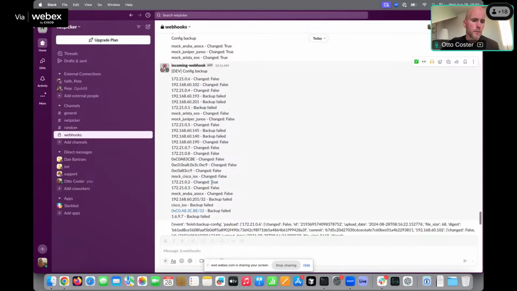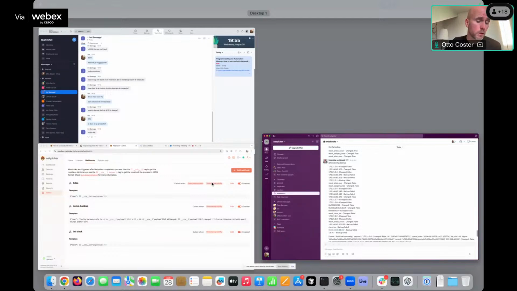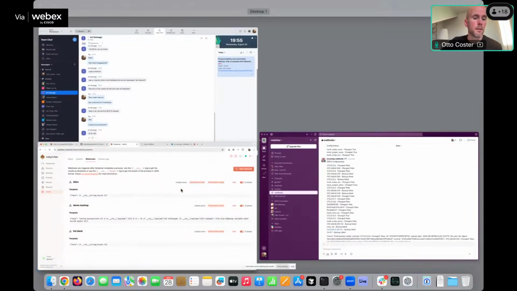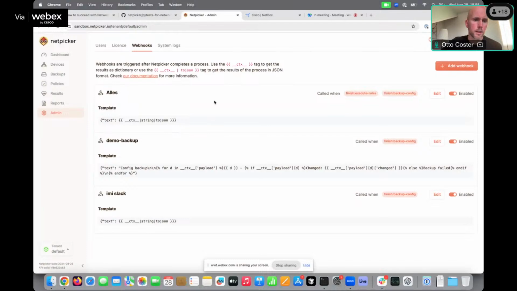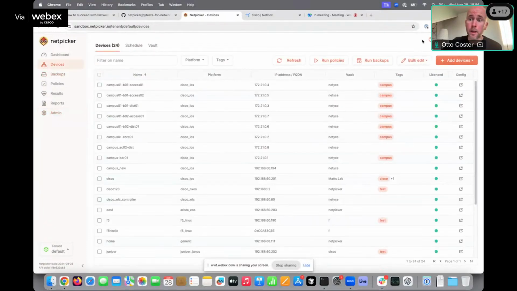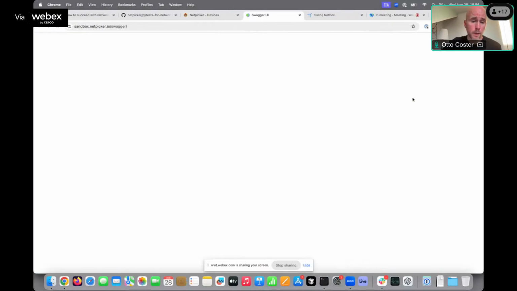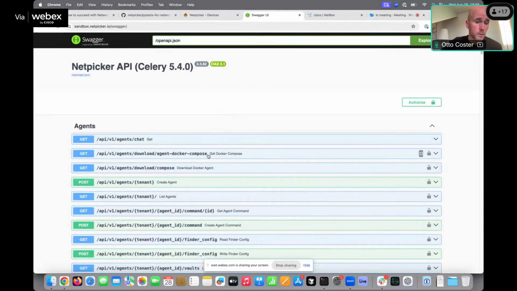So what you can do with this information is customize it. You can even put an API call after this and then see the exact changes, or you can connect it to any notification system or monitoring system. So you get notified by these webhooks in NetPicker if there's an unauthorized change on one of your devices. Everything I did here in the front end is API based. So same as with Slurp'it, we have a nice REST API, where anything you can do in the UI you can also do via the API. So it's complete,